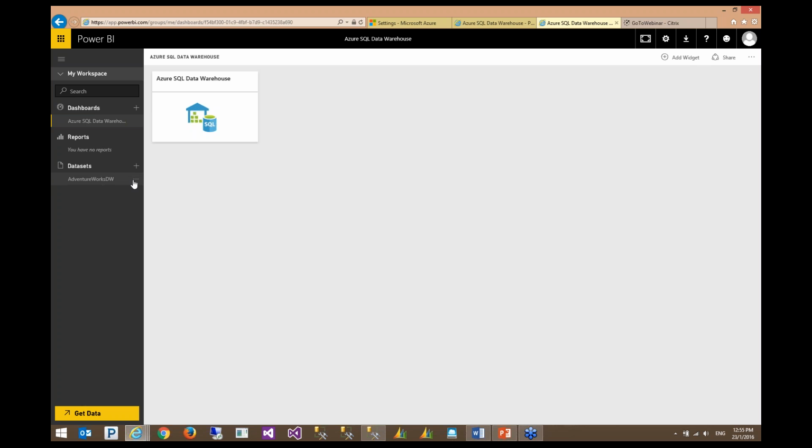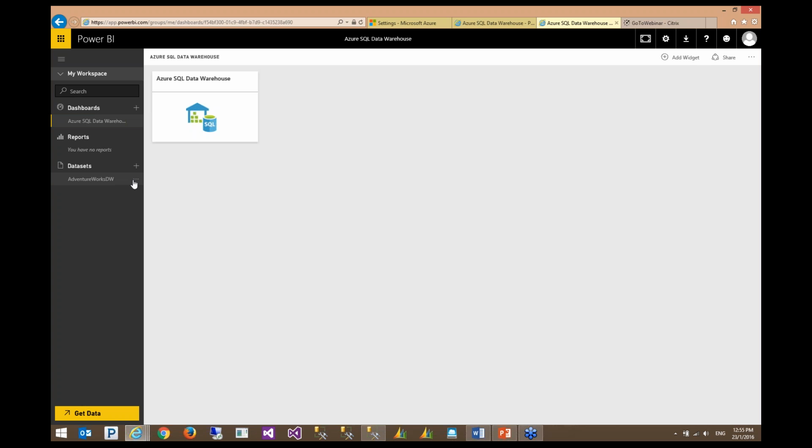To do that, yes, you can connect from Power BI Desktop to your on-premises local SQL Server database, and then you can also publish your defined reports into Power BI service online.